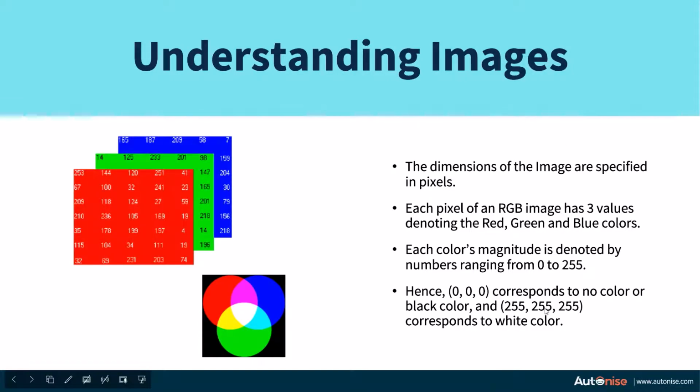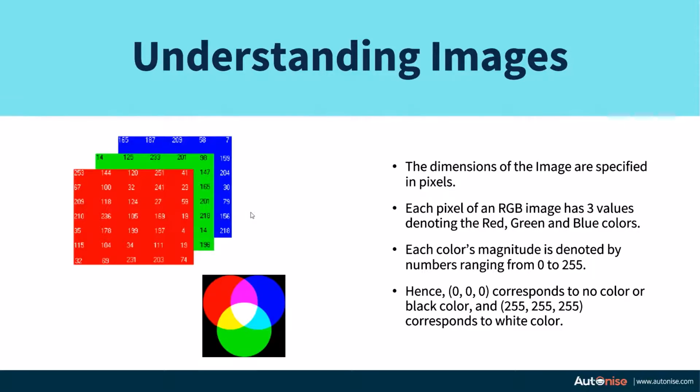You can visualize the way the image is stored in a computer as a 3D array. You have a height, you have a width, and you have three values corresponding to each point in the image. So for each point, you have a red color, a green color, and a blue color. Hence, three dimensions in the depth. So height cross width cross 3.